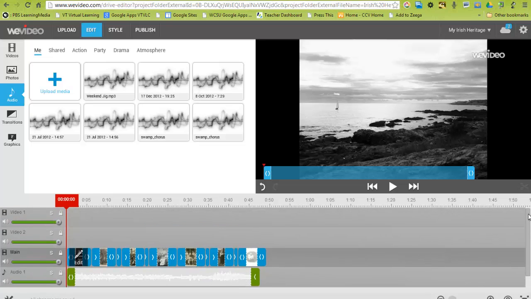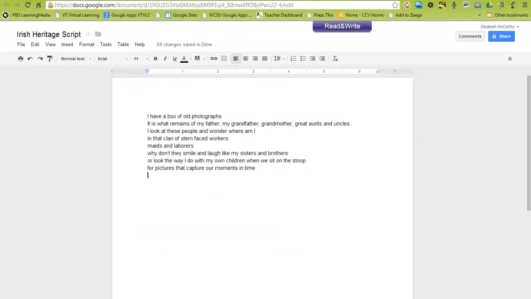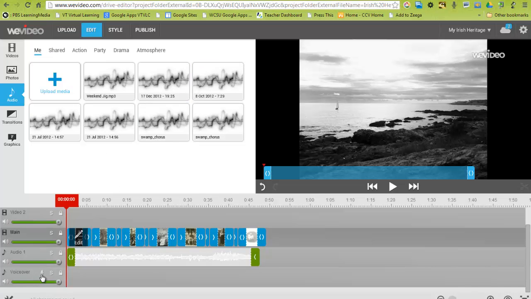So here I have multiple tracks. For video, I have a main track and I have a voiceover. You also want to have a microphone to speak into. You need to record your voice. So here I'm going to click on this record button, and I've written a little script so I can read the script that I've written as I'm recording. So I'm going to click record,